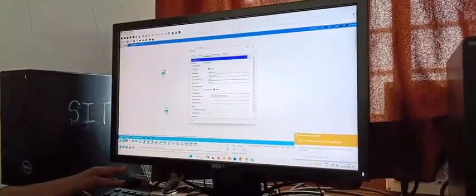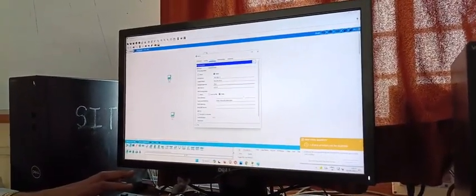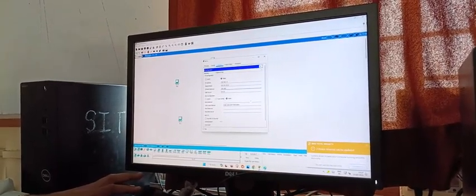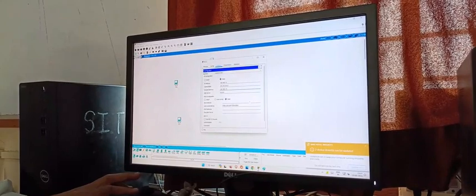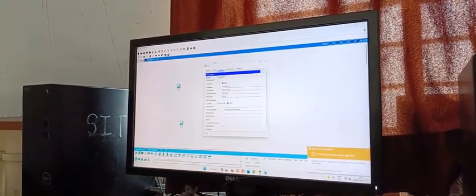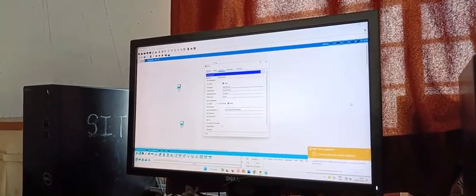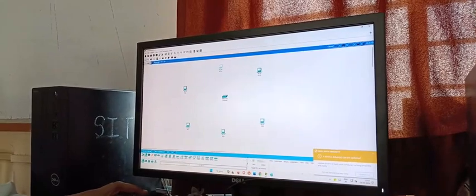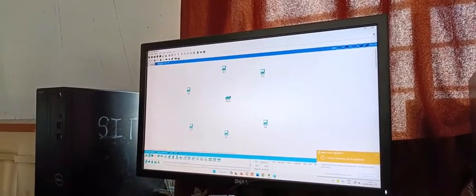So initially I am just entering all the IPs to the system. The connection is not yet established. Before that we have to establish the connection, but I directly started with the IP configuration. So remember that thing as well. You have to establish the connection first, and then configure it. It is mandatory, right?